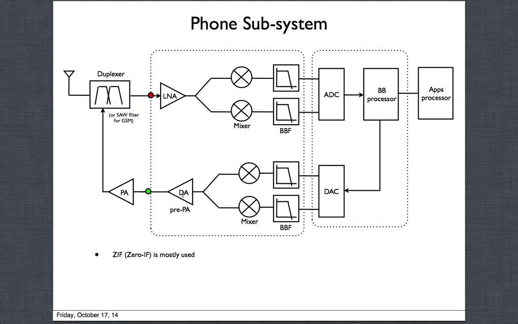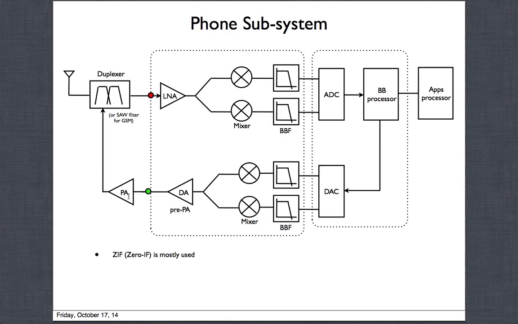Then we go through a stage which is sometimes called the DA, driver amplifier, and sometimes called pre-PA, because it's a stage before the PA doing some amplification. After that it goes off chip, because the PAs have not been integrated into all this, and the PAs are mostly discrete components. Here you could give anywhere from 0 to 10 dBm peak power, and then the PA will pick it up, amplify it and give it out.